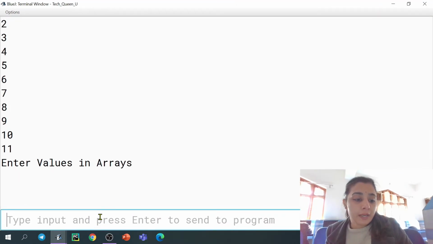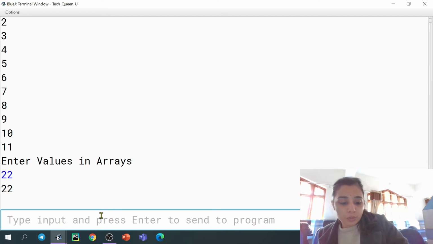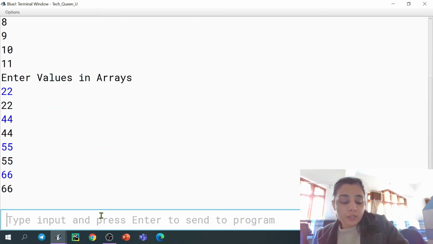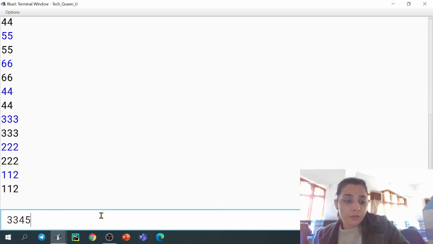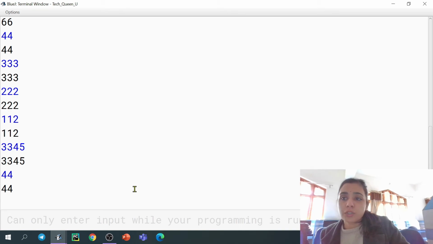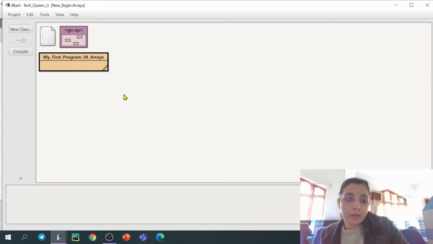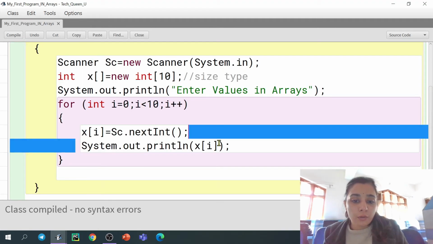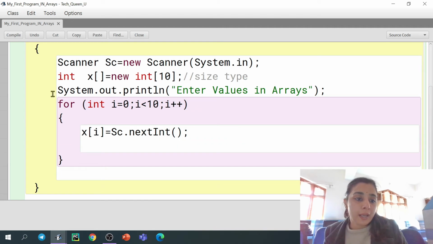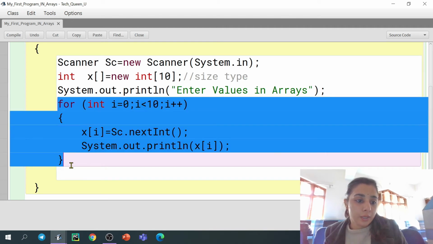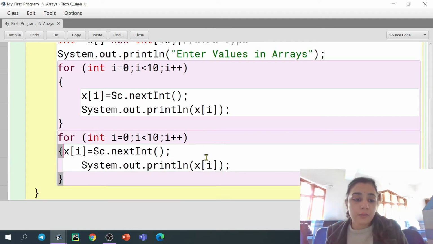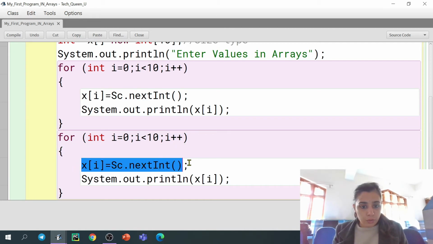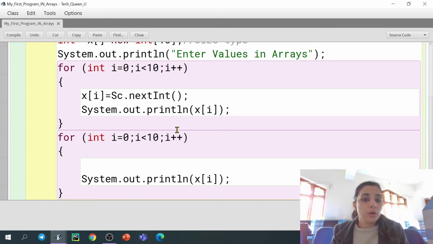Here the user will enter, say, 22, 44. So this mistake we have made, it is printing right now only. For that you need to change that. What change? Instead of that, control X, or you can do control C and control V. So here, when you are asking the value from the user, that time you need not print.